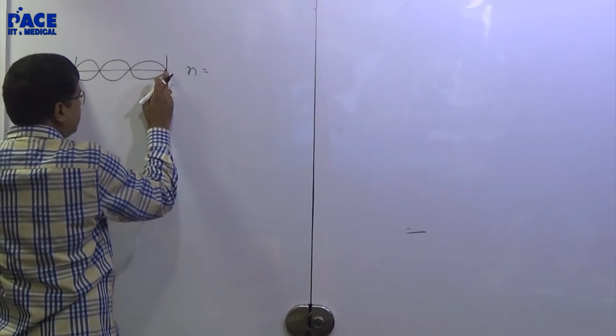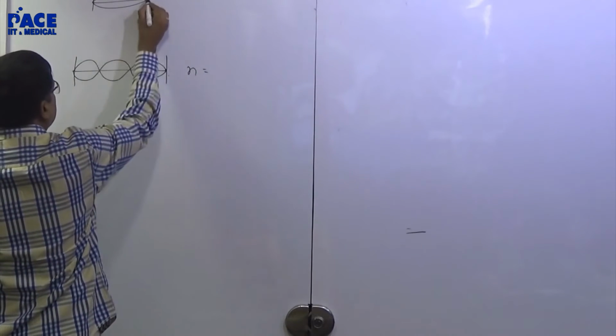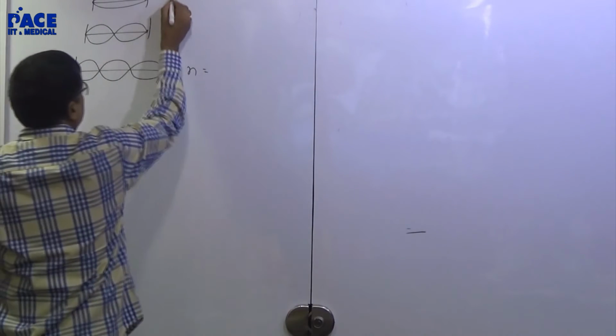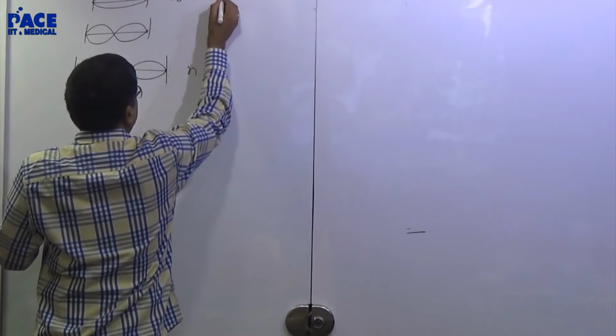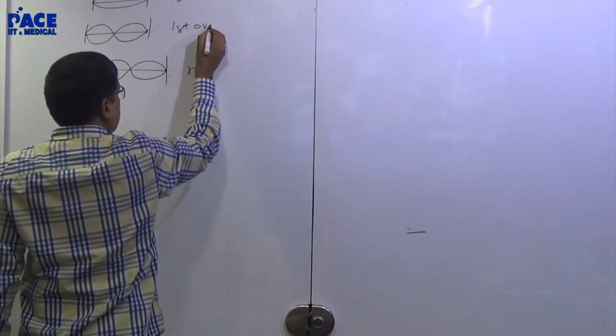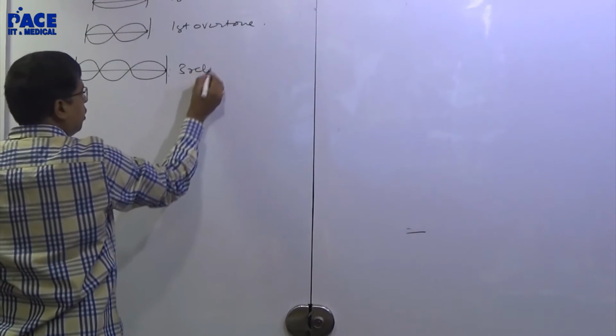When both ends are fixed, you will have this as the first fundamental. You will have this as the second fundamental or the first overtone. First harmonic. This is the first overtone. This will be the third harmonic